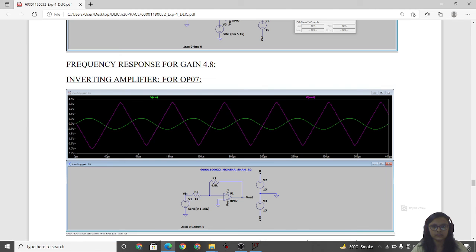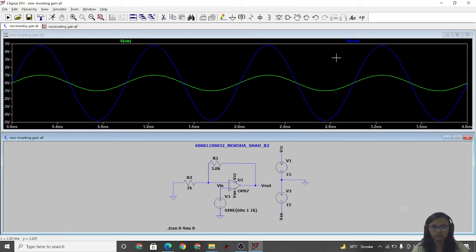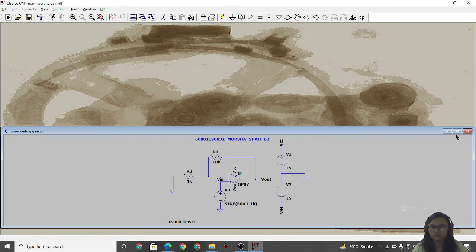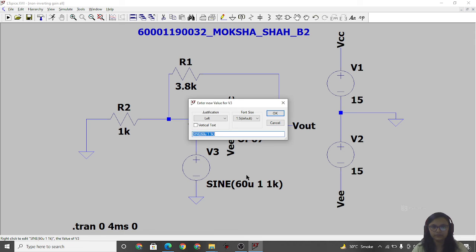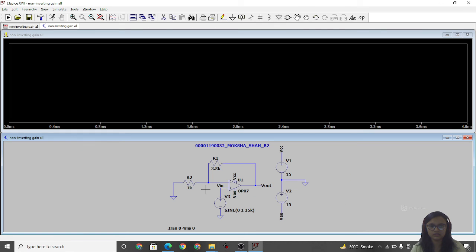Then I'll be showing you all the frequency response for the gain of 4.8. So I'll be opening this. Now if I make the offset 0, but my input voltage is constant, and I go on increasing my frequency, I'll directly show you all for 15 kHz.